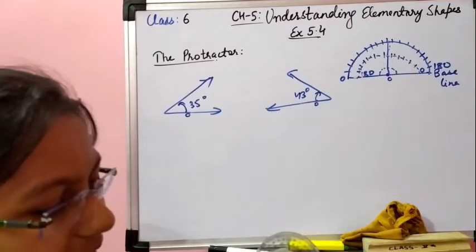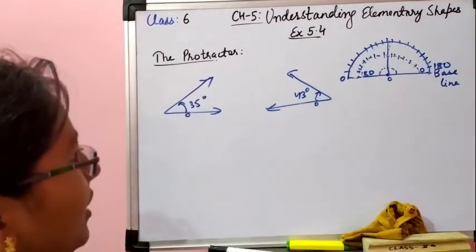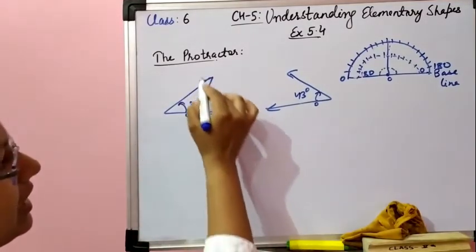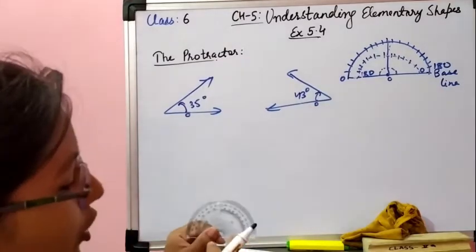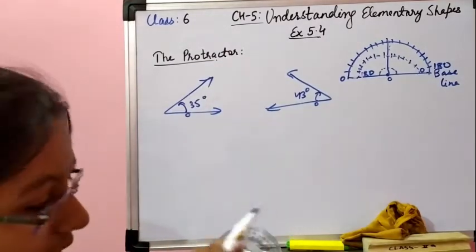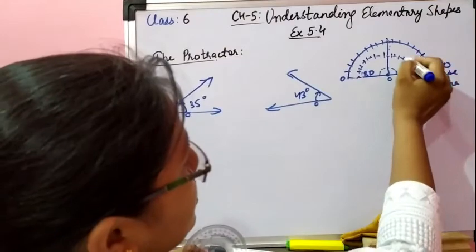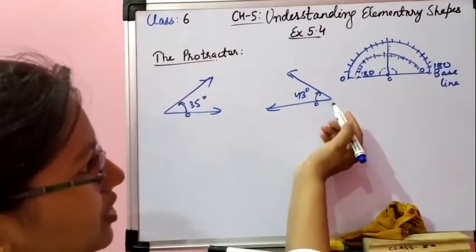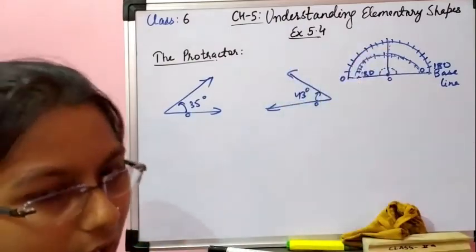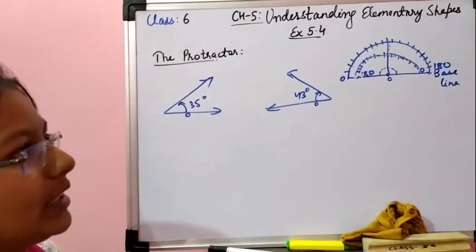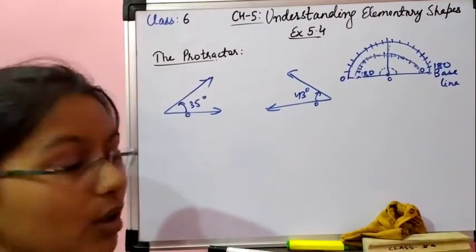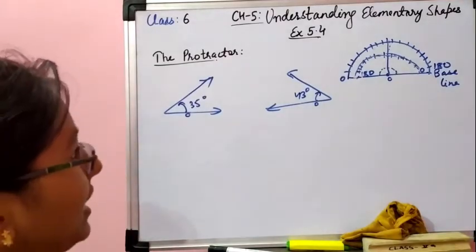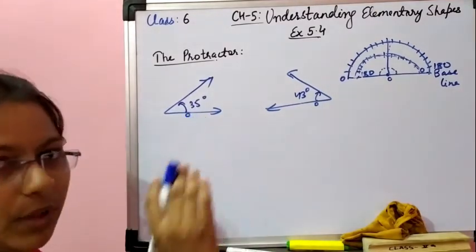आपको कब अंदर वाली लाइन नोट करनी है और कब बाहर वाली. In most of the cases the angles are in this condition. So you have to measure the internal, you have to observe this reading, instead of the outer one. If the angle is turned this way, then we have to see the outer reading. And no need to, because in some protectors it may change also. So what you have to keep in your mind, that 0 should start from the baseline.